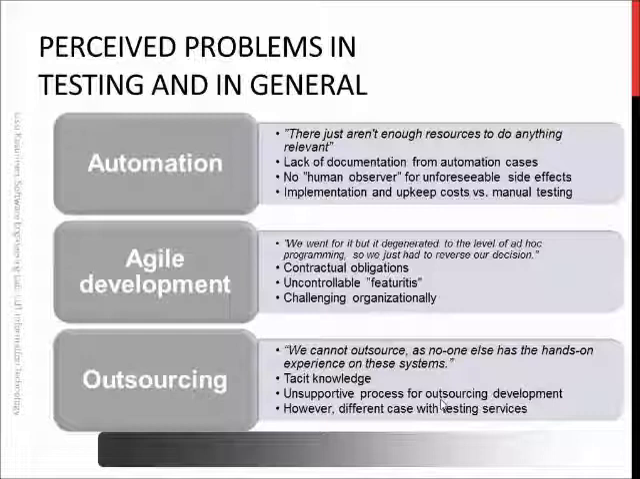So, what are the areas that organizations consider that, okay, this is in testing something that we are unable to do? So, the three things came into most people's mind. They are test automation, agile development, and outsourcing. The test automation means that there's a software tool or software system which is built to automatically go through the